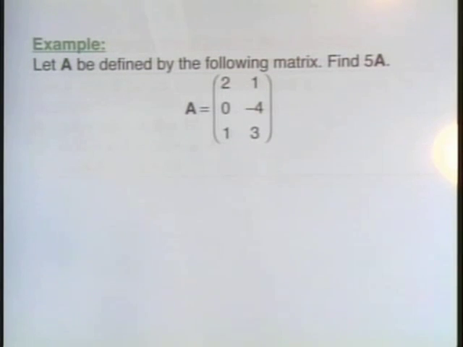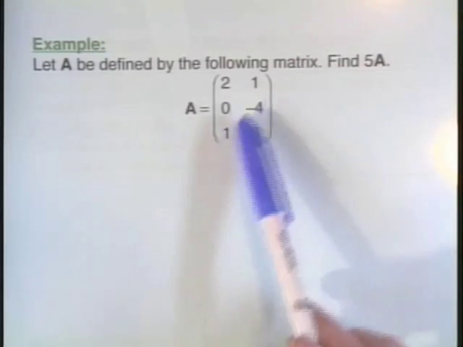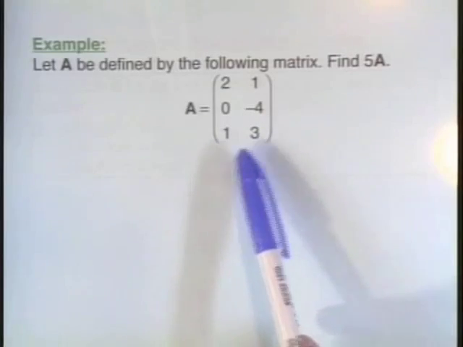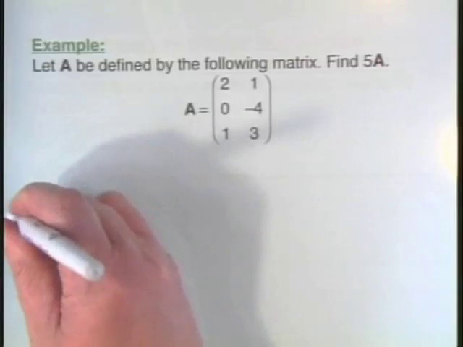Let A be defined by the following matrix. Find 5 times A. Matrix A is a 3 by 2 matrix with entries in row 1, 2, 1, in row 2, 0, negative 4, in row 3, 1, 3. Therefore, 5A